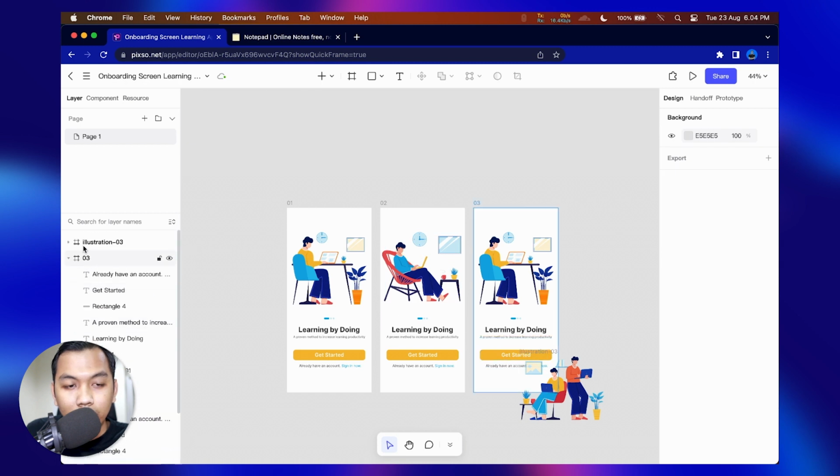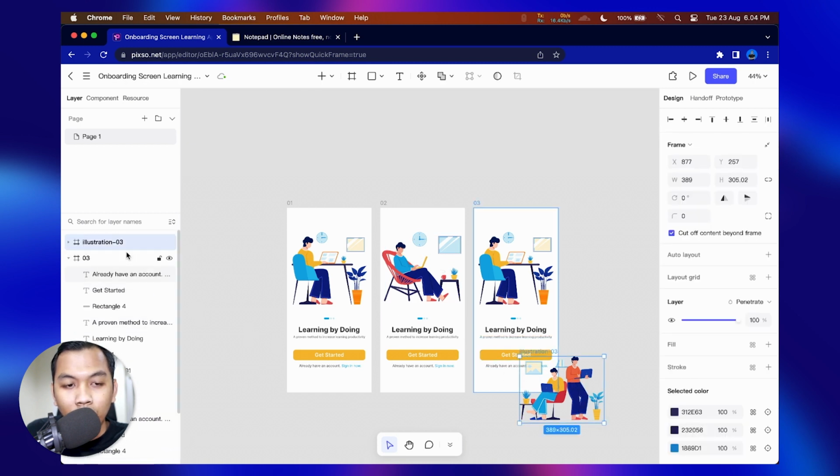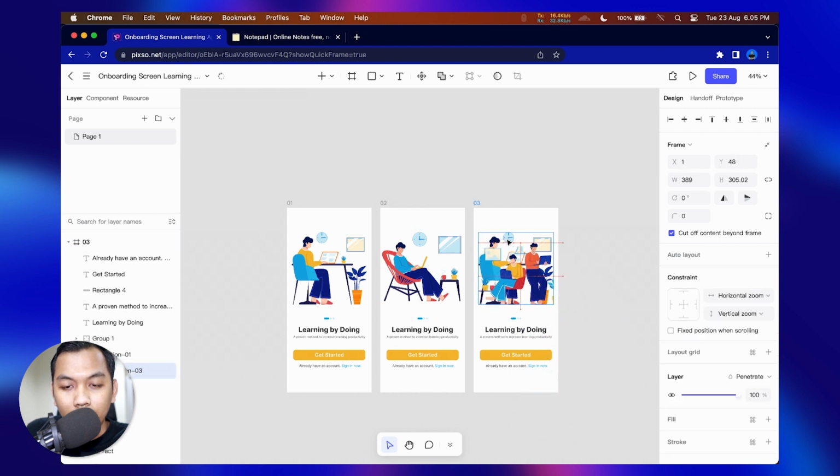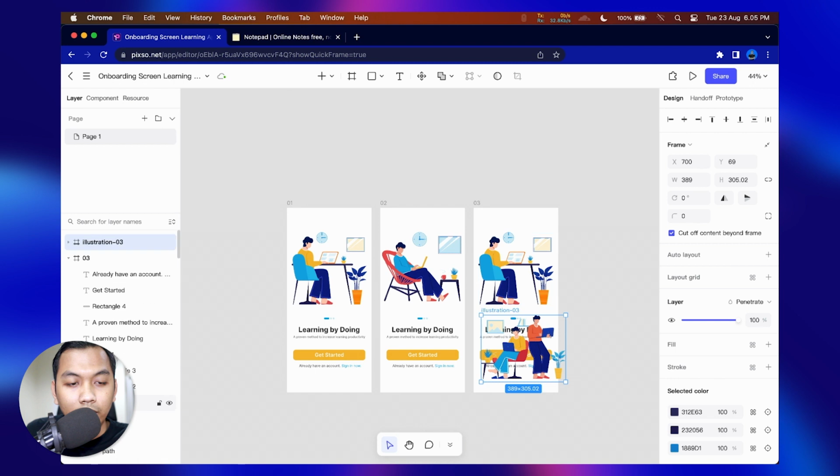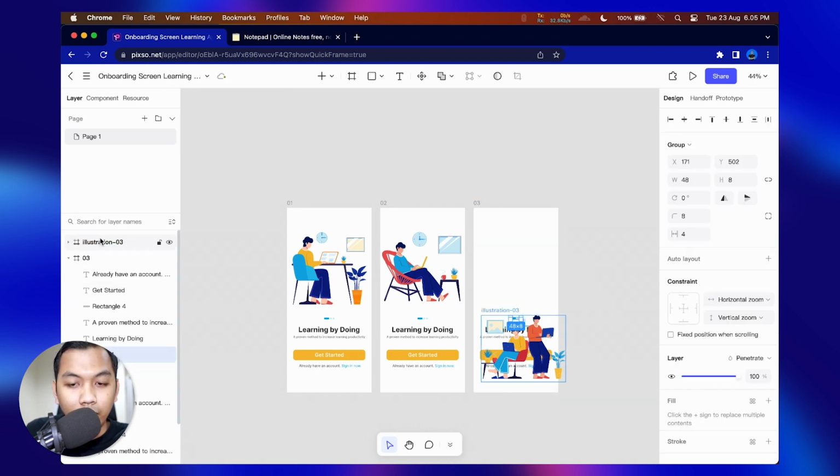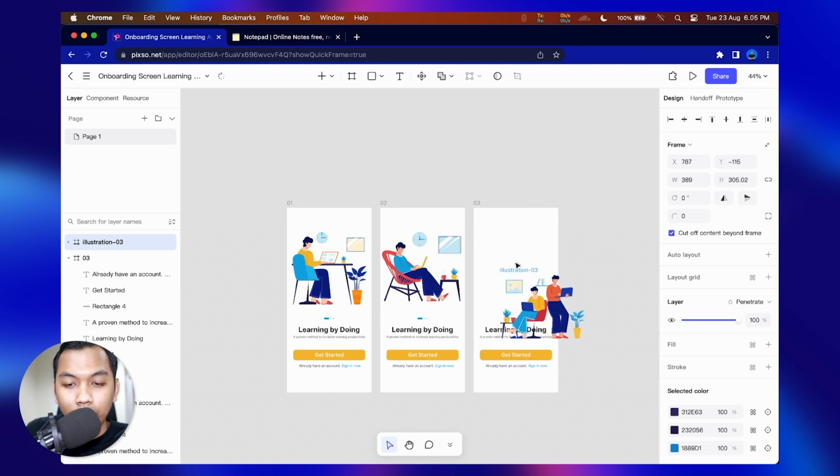And the next is we need to move illustration 3. So first thing first, delete the first illustration, delete this, and this, move to this.